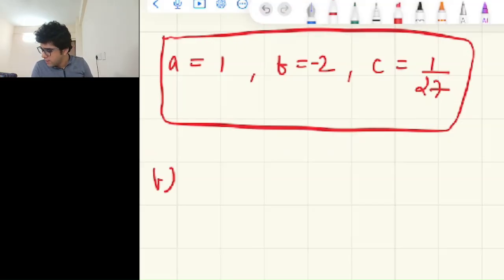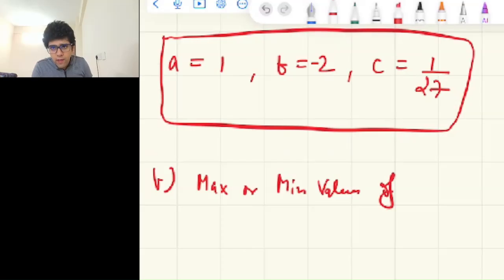Part B says that with the values of A, B, and C found in part A, find the maximum and minimum values of f over the domain in the xy plane. So we need to find the maximum or minimum values of f(x, y)